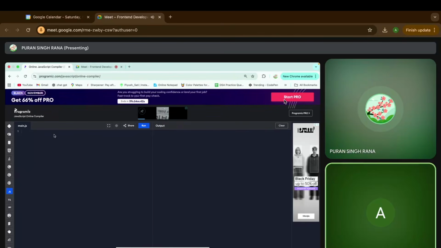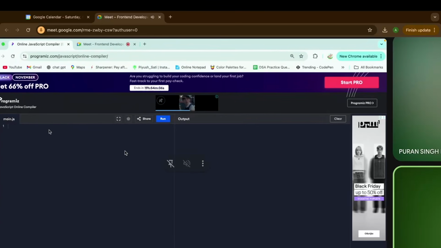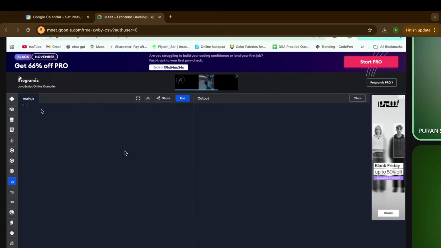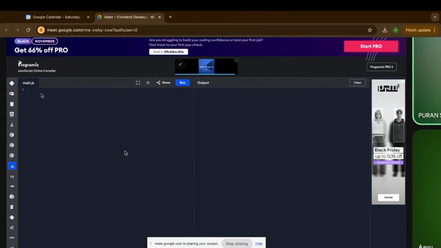A var variable has a functional scope or a global scope. Var allows re-declarations and re-initialization, but this is not the case for let and const.